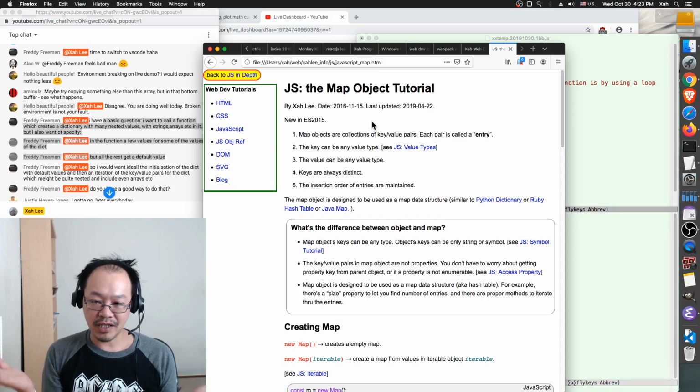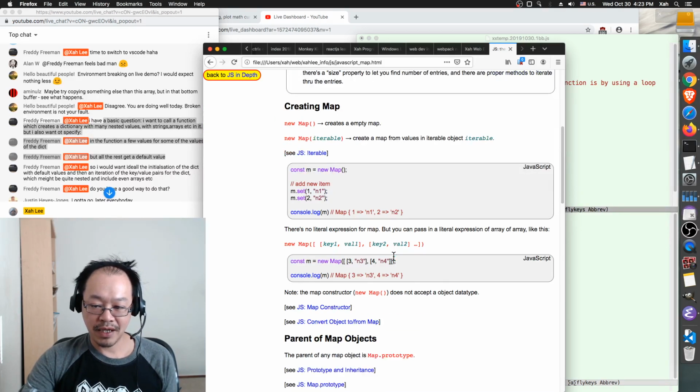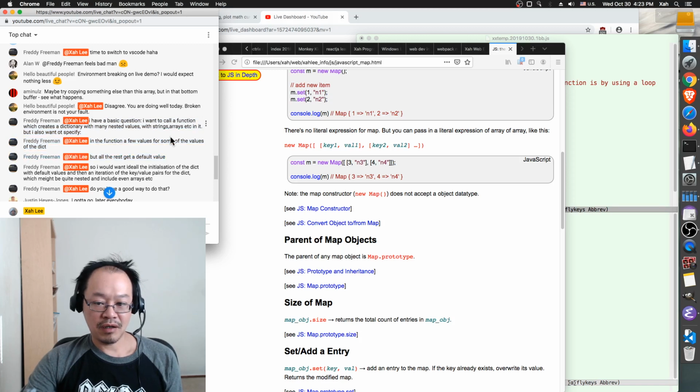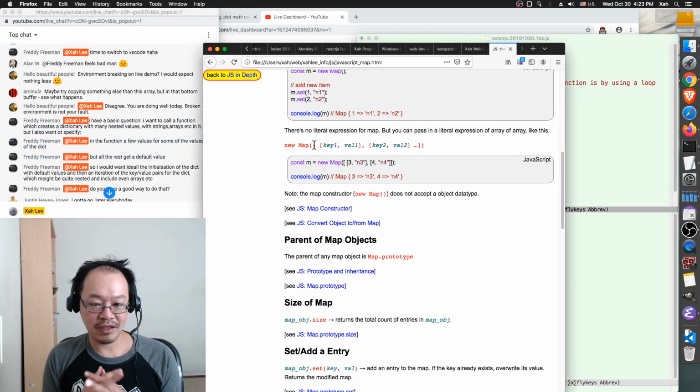So you can create a map and so on. And I think you are saying you want to create a map in JavaScript